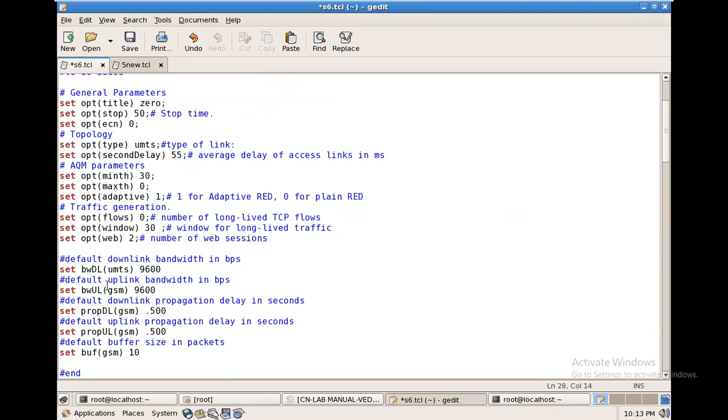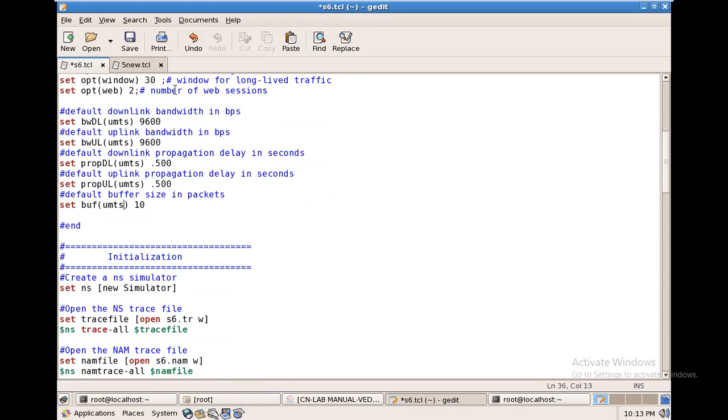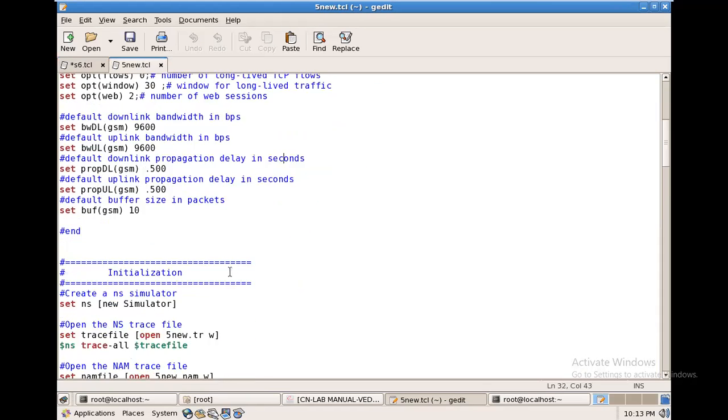UMTS. UMTS. UMTS. Only this itself is a change. The rest of the thing again, as in the fifth experiment, what you have to do,